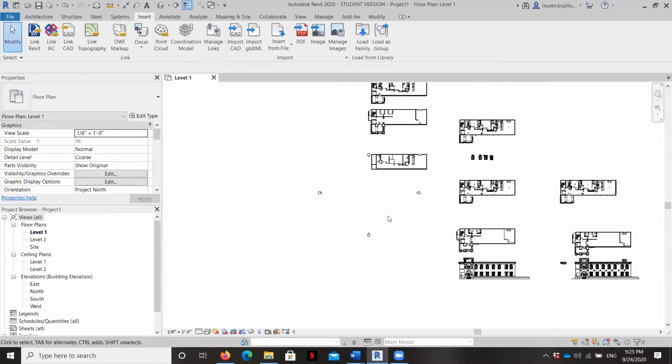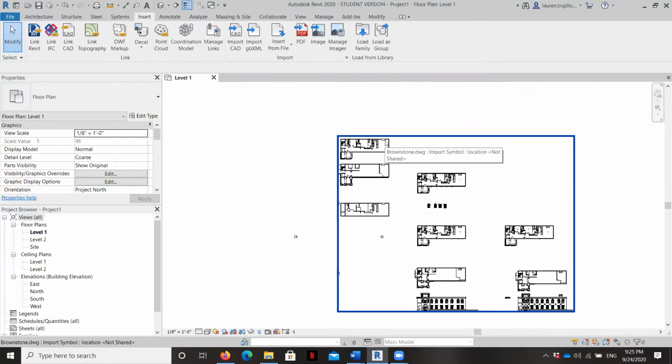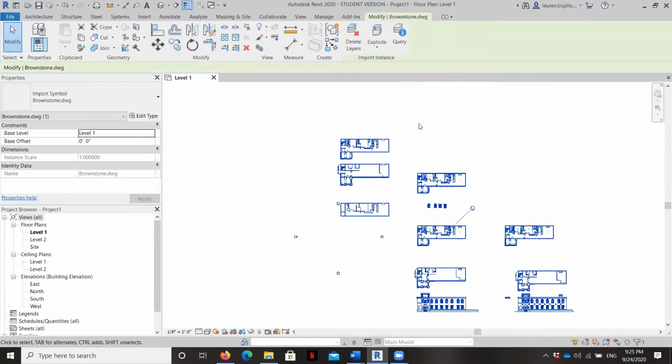And there it is. Now there's a lot of other files that are coming in here together, and you can see that Revit just thinks about this as basically just a big JPEG. And so it's got a little thumbtack right here. That means that this drawing is not going to move around as we trace it. So that's called a little pin, and we will unpin it in just a moment.